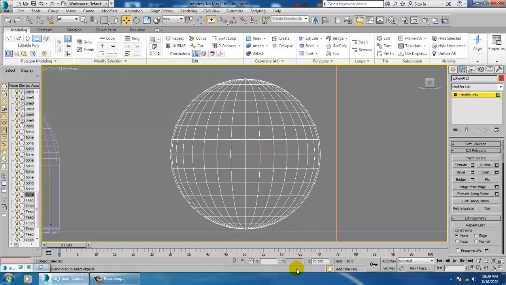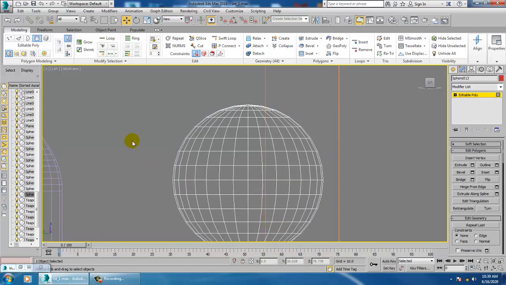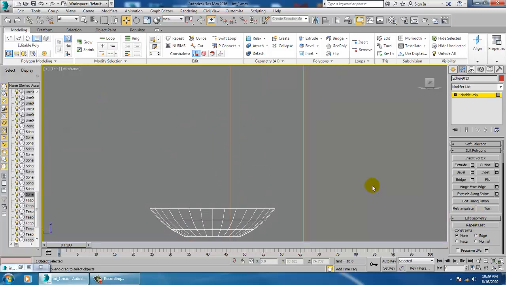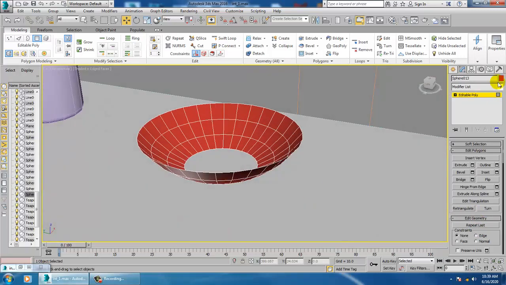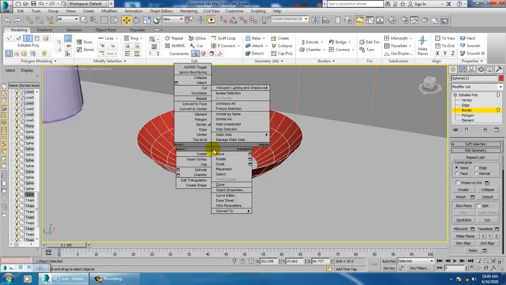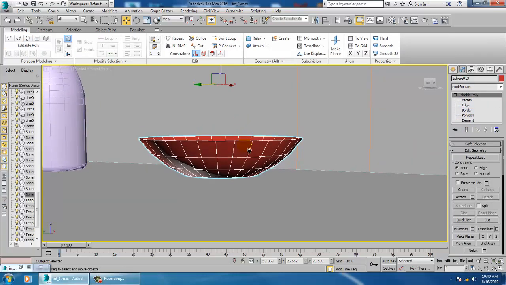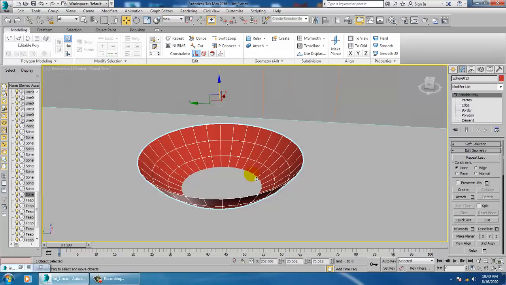Let's go into polygons, delete this, select this border and set it as a cap. So this is not an exact plate, we need to work on it.